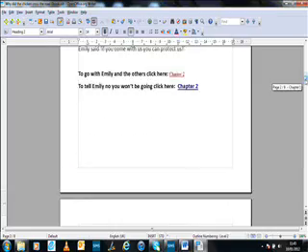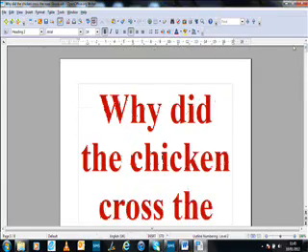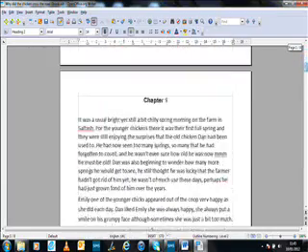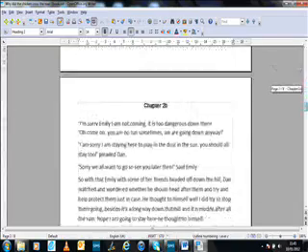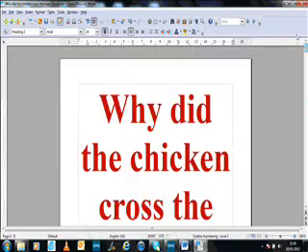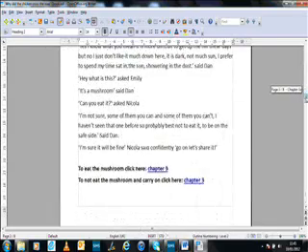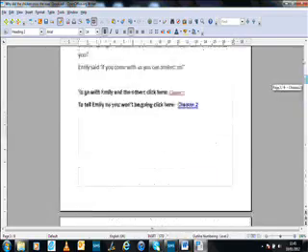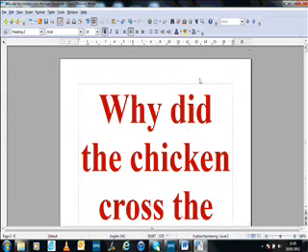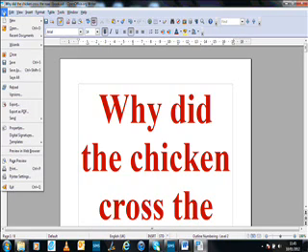So basically then, if you've got it all hyperlinked and ready to go, and you've gone through and formatted all the text and you're happy with the way it looks, obviously, as you can see, I've already hyperlinked some of the later chapters as well, and so it's all ready to go now. So what I would need to do now is turn it into an ebook, and how I do that is this. I go to File, I go down to Export as a PDF,